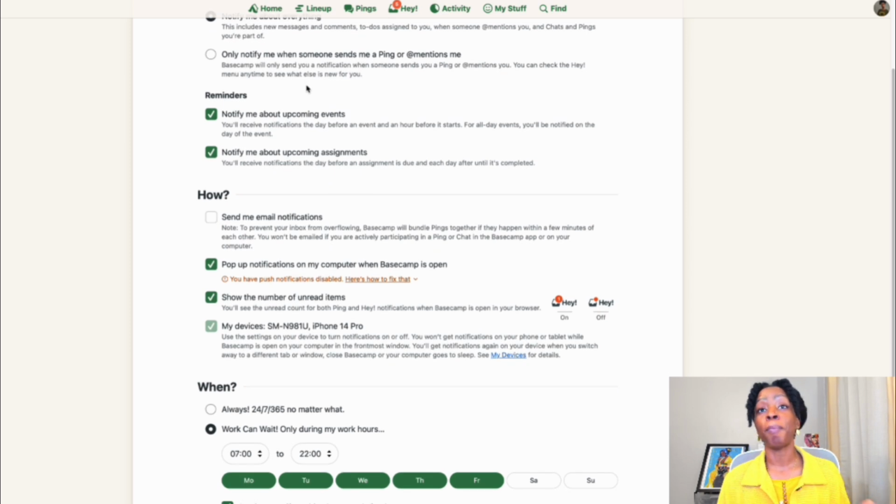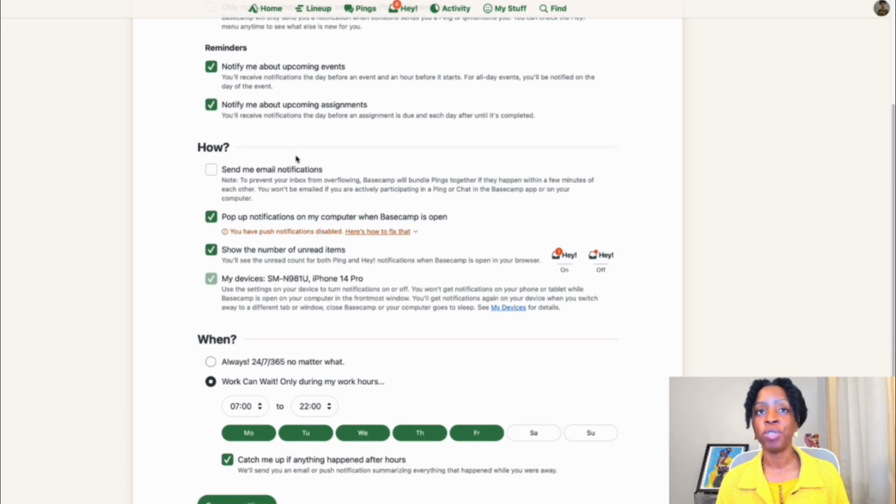When it comes to reminders, I do like to be updated about upcoming events and assignments that are assigned to me. But the one option I do have checked off is my email notifications. Now, when you have a notification from Basecamp, say somebody put up a message, all the things that you'll see in your Hey section, there will be an email that is attached to that. And if you have this checked off, then every time somebody puts something up,